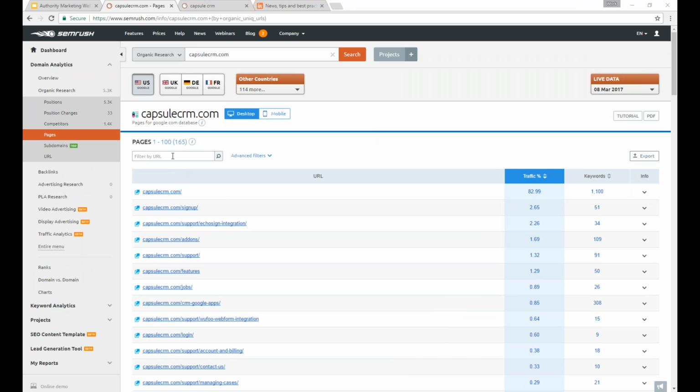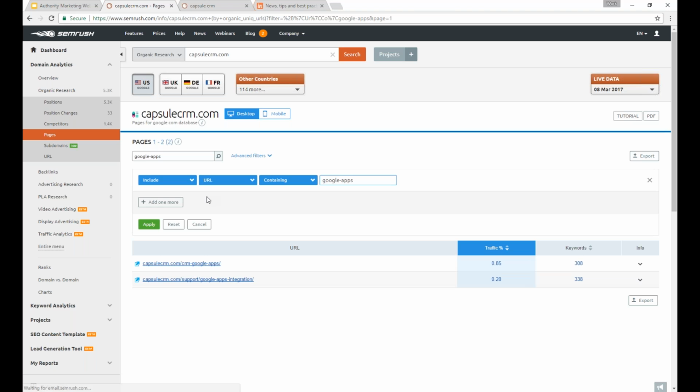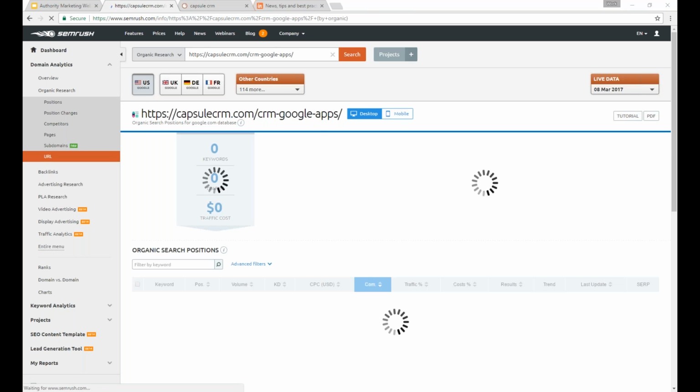So if we go to, let's see, searching for ones that have Google Apps in it. So this is the page. And we can see that 0.85% of all the web traffic they get is because of this page. And there's 308 keywords that are driving traffic to it, somewhere in the top 100. So if we click on that,